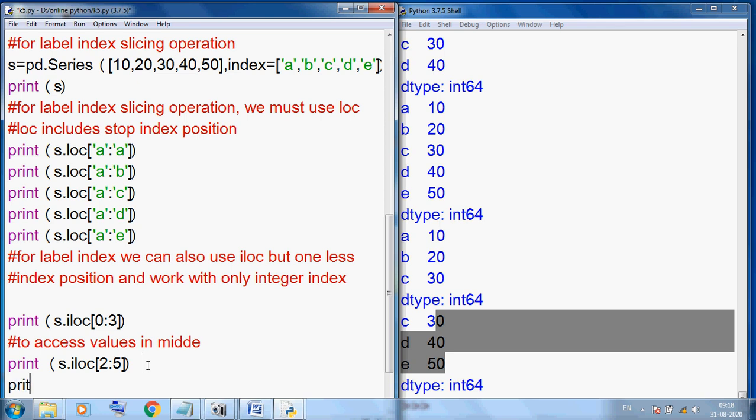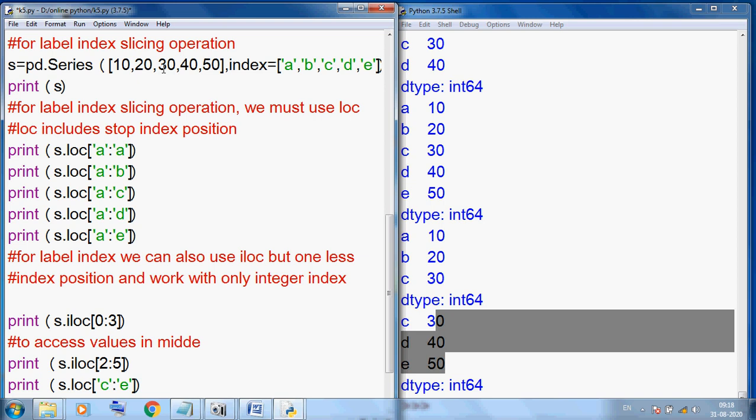So print, here again I am using loc for this purpose. Here the second position index is C. So here I am using C colon, and the last index is E. So we can get the same output. Okay, C to E. It includes the stop index, so no problem.